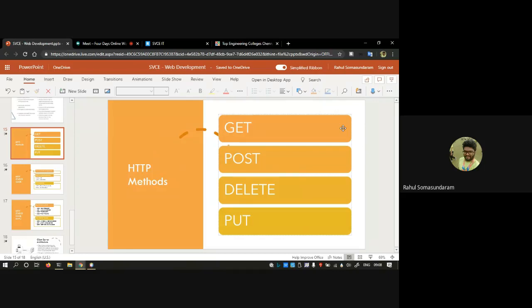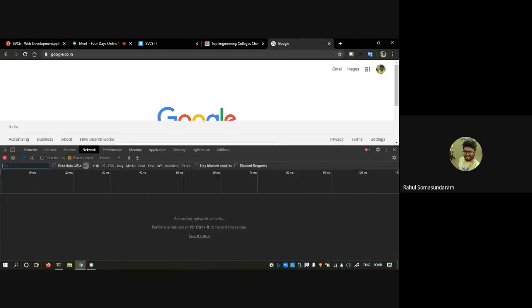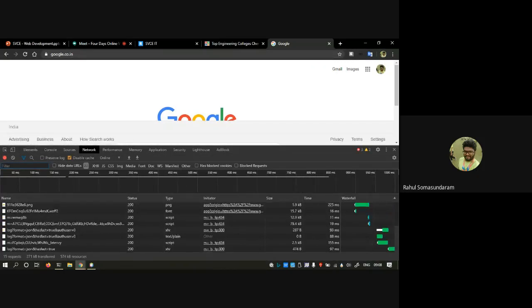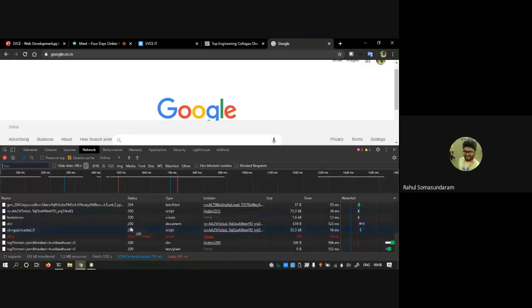So, what are the methods? We have a protocol HTTP, right? Inside the HTTP, there are certain standards of how the client is communicated with. We have four basic methods, just the names I'm saying: get, post, delete, and put. Whenever you are opening a request in a browser, you can open the developer tab, that is F12 you can press, or Control Shift F12, I suppose. If you see it, you will get the details of what is happening in the browser.